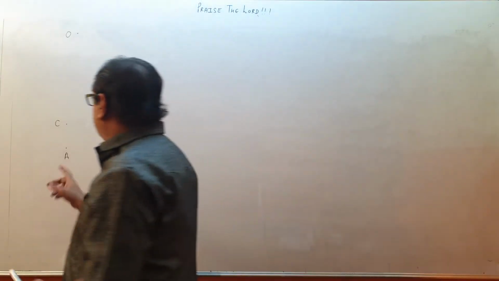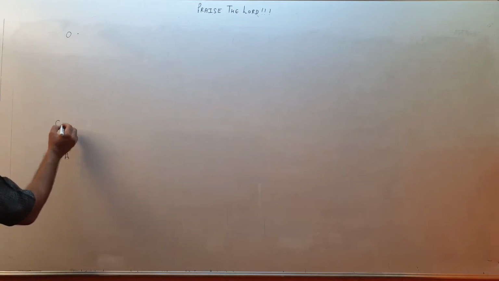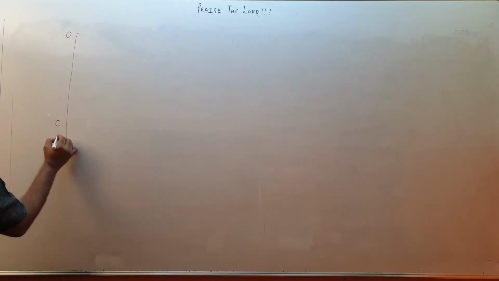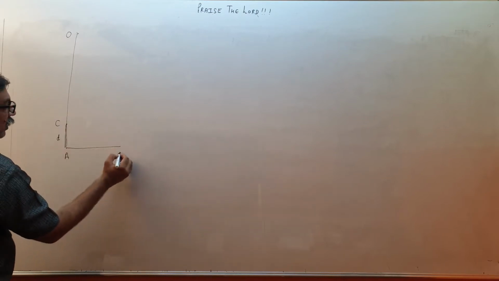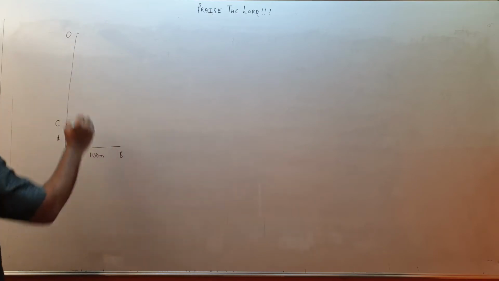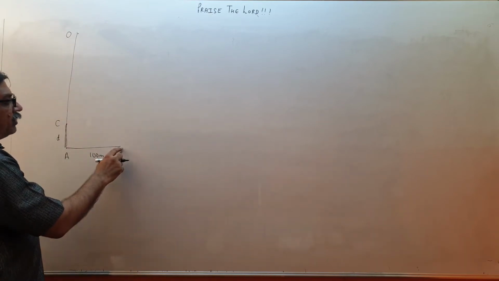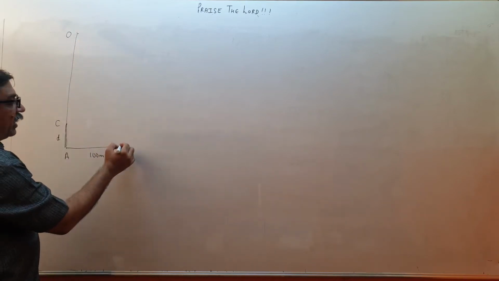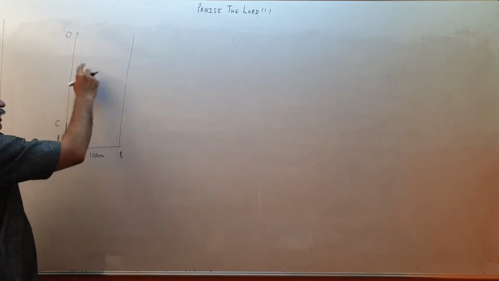So what he does, this man, he observes the point C, the tower and O, like this. He thinks that this distance is D, which he wants to find out. He moves to B, a distance of 100 meter, and again looks at O. Now don't think when he looks at O from here, the line will go like this. No, because O is at a great distance, the line of sight will go parallel like this only.